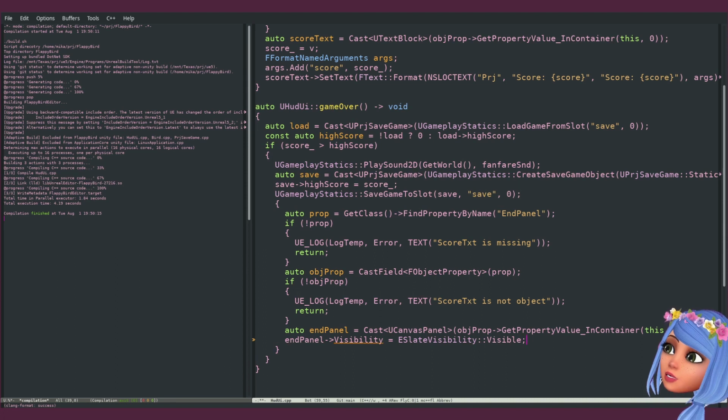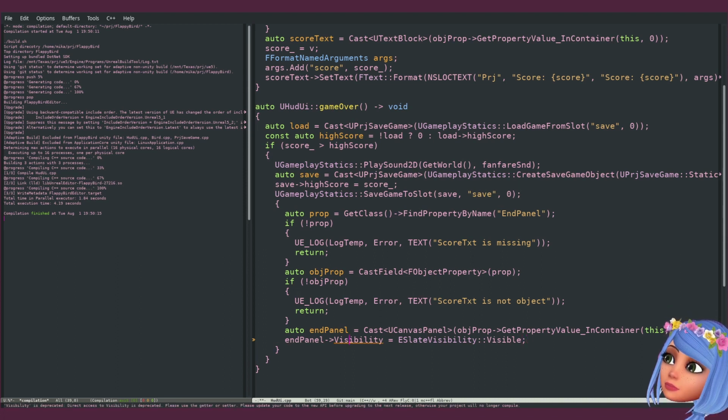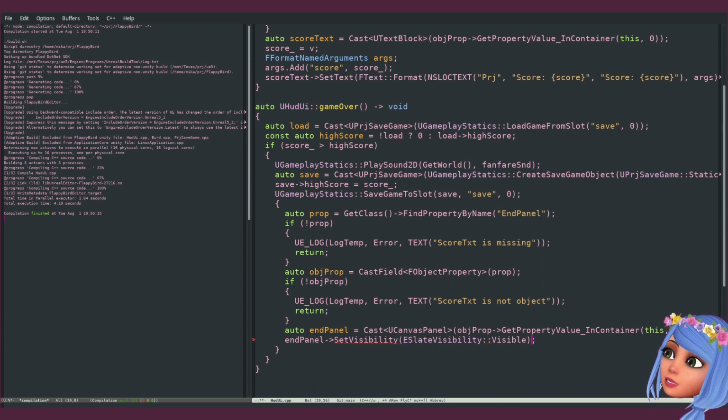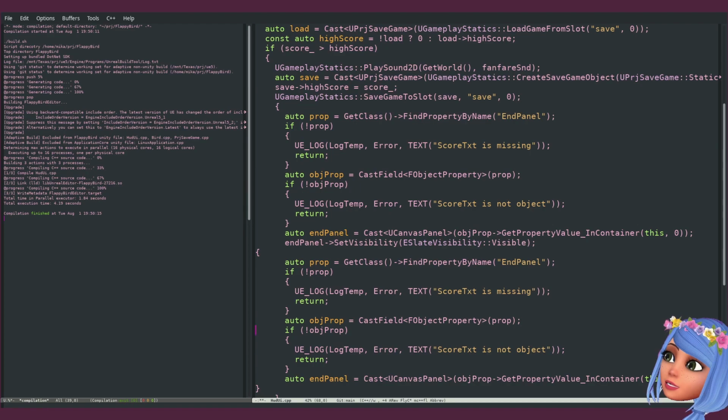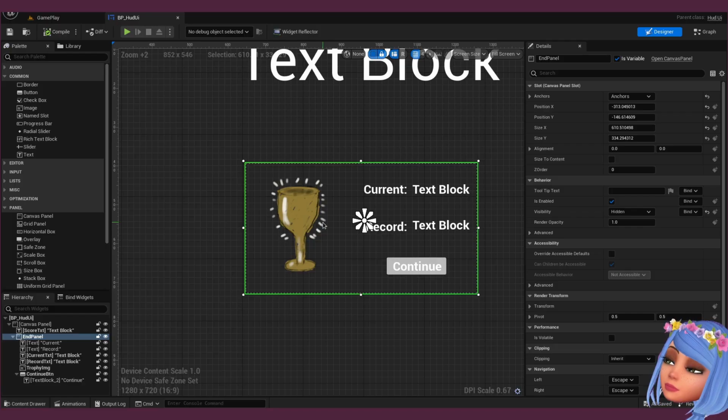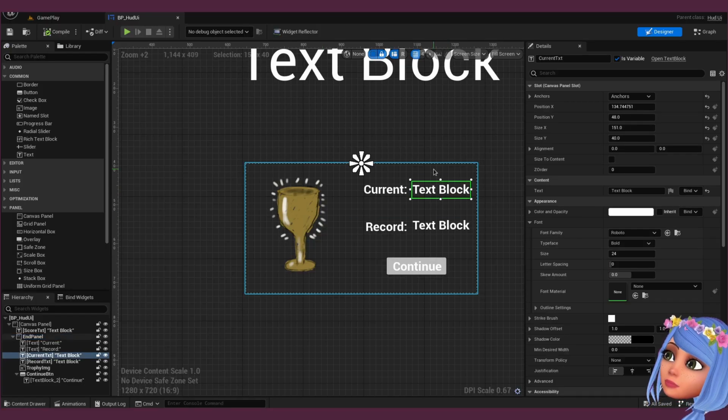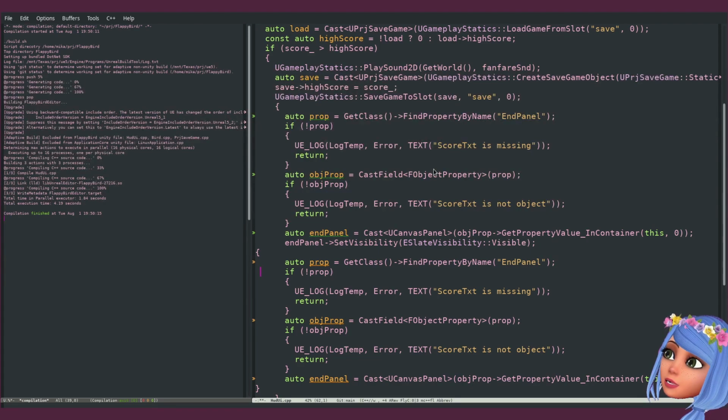So it will show this guy. Okay, please use getter and setter wherever. Set visibility, and then we are going to find our things, which would be score, which is current text,